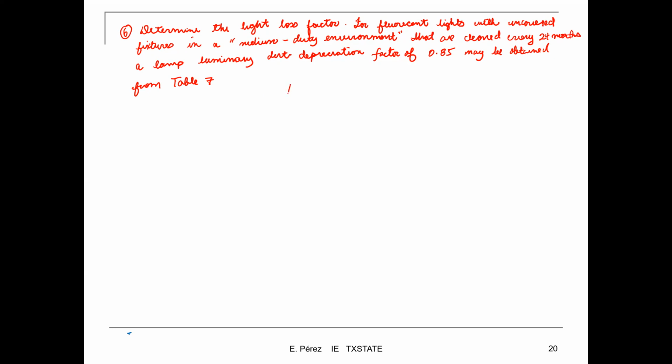So the LLF is equal to 0.85. Then step 7,